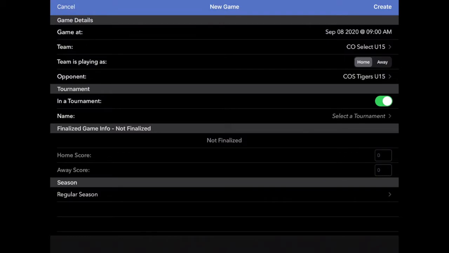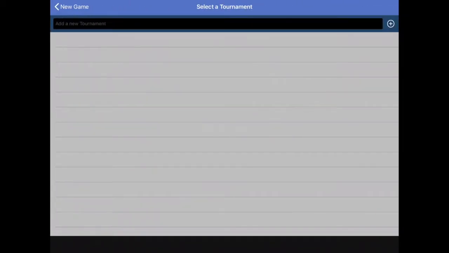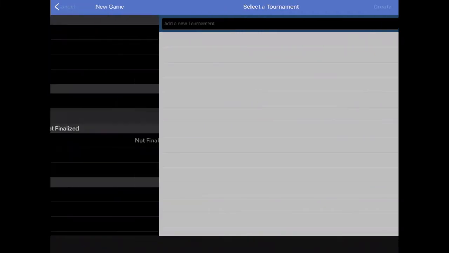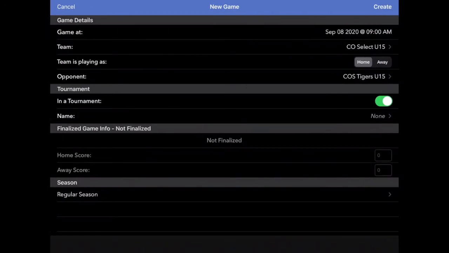tournament field. And once you've turned that on, now you can actually specify the name of the tournament. And much like the team and the opponent, when you select the field, you can create and add tournament names to the system so that you can record that this game is part of a tournament. And using this feature allows you to later, when you're running trend reports and getting stats, if you're playing tournaments that